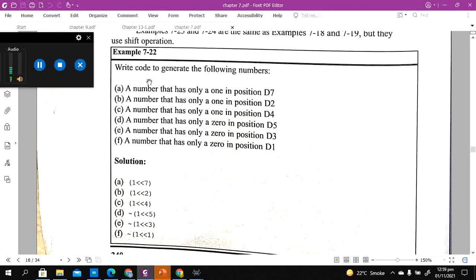operator. For example, write a code to generate the following numbers. A number that has only 1 in position D7. So this 1 will remain constant. The 1 on the left hand side will remain constant, and the 1 on the right hand side is the bit position that we want to make 1. So for the above cases, these are making these particular bits. Bit 7 is going to be 1, bit 2 is going to be 1, bit 4 is going to be